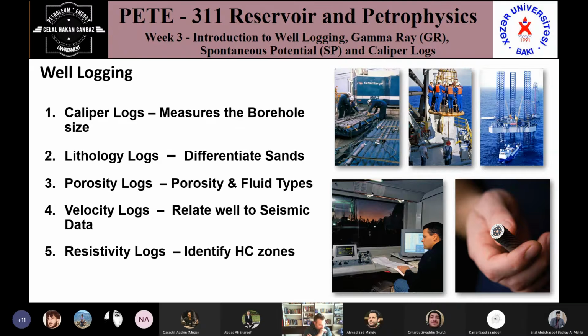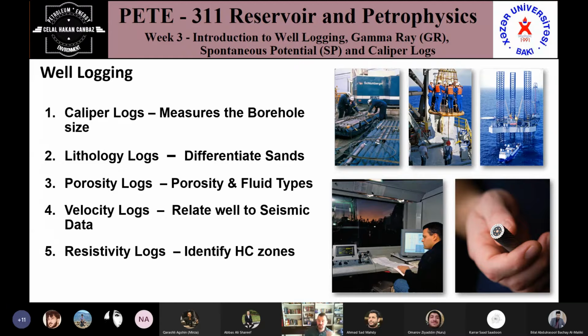So when you are making your open hole log, of course this is your drilling bit, it's drilling, but it's not drilling as a circle, right? In some parts it will have some rock parts, so it will have an unconformity inside your well. Because of that, you have to use your caliper logs and describe the borehole sizes